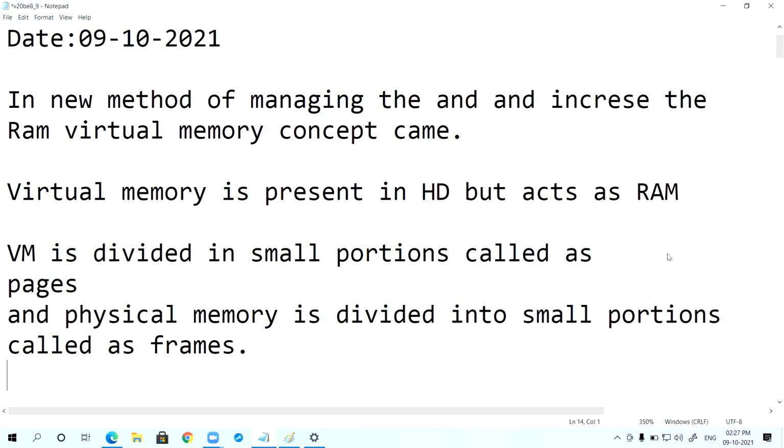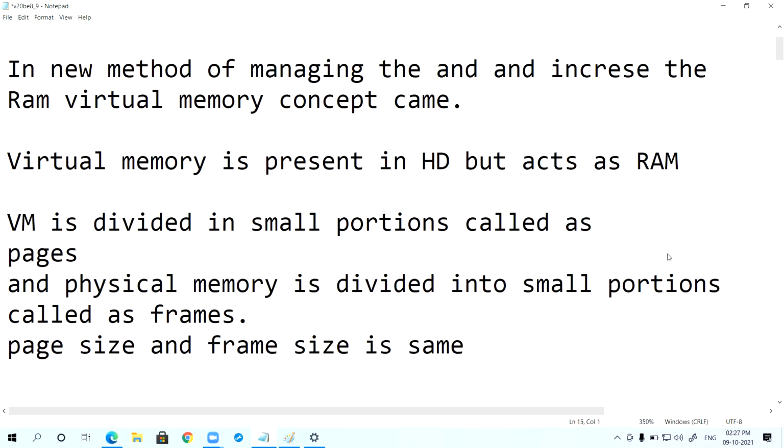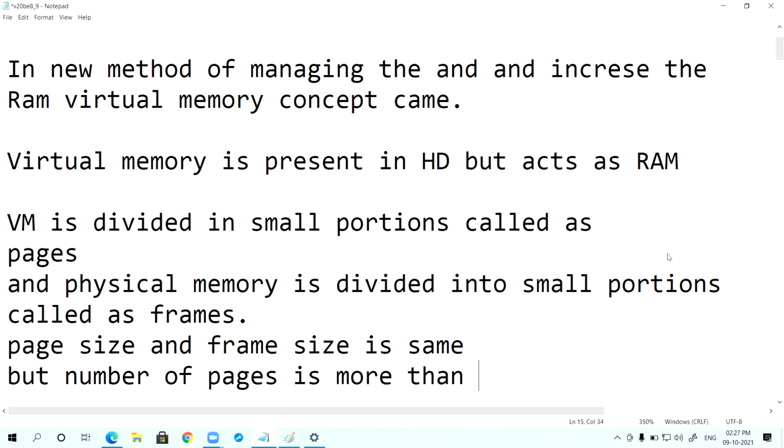And page size and frame size are the same, but the number of pages is more than frames. Read this point two times. In this new method, because physically we cannot increase the RAM size,